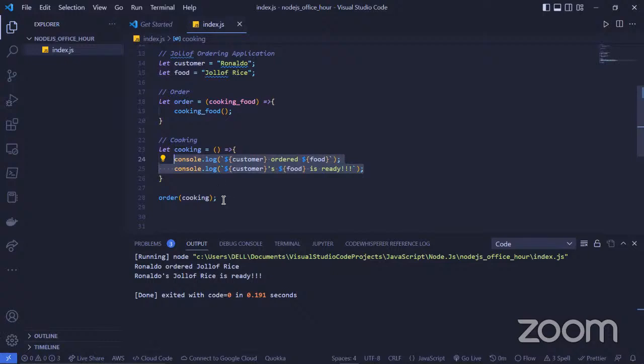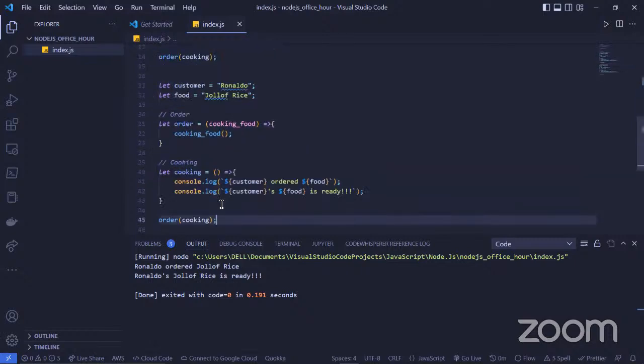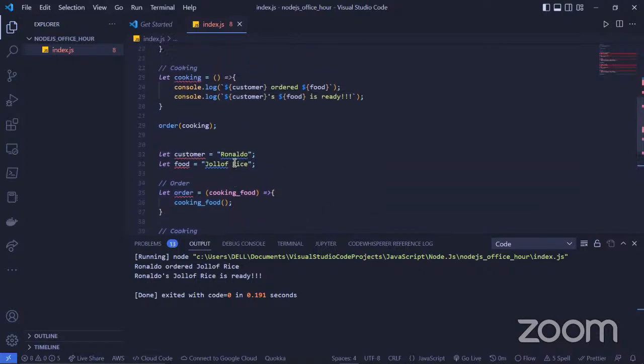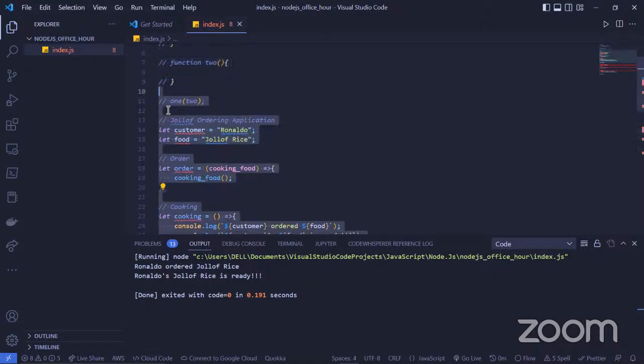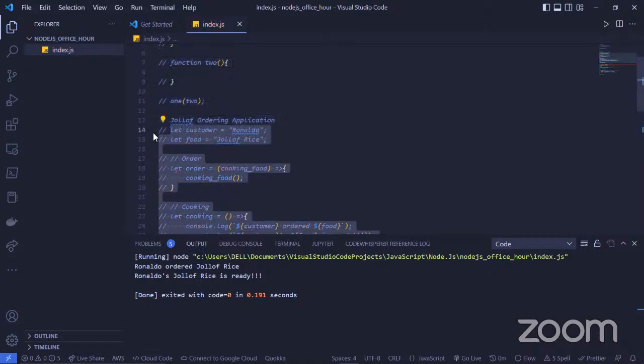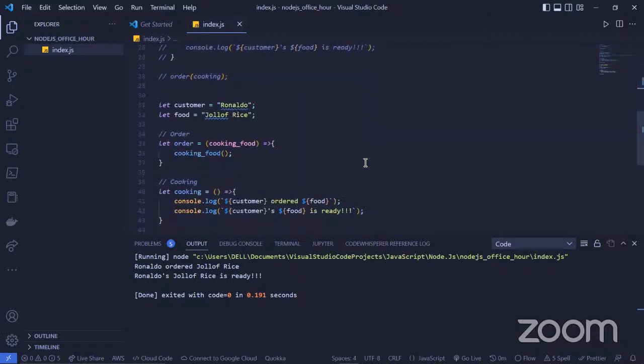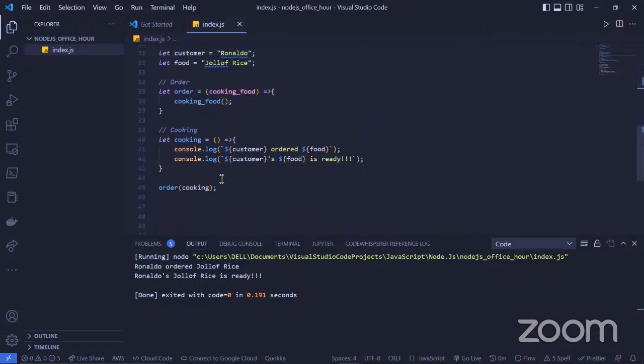Because I would like to make use of this code on Thursday, when we'll be having another session, I will copy and paste this, because I would like to still make use of the code in my illustration now. So I'll comment this out.